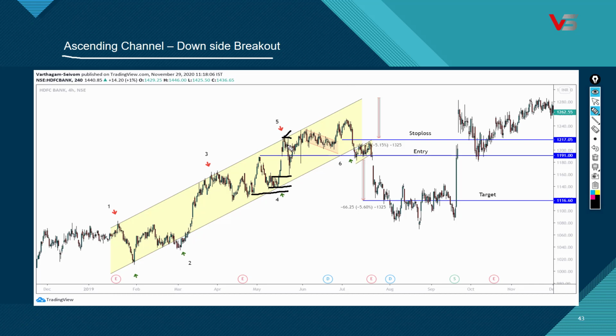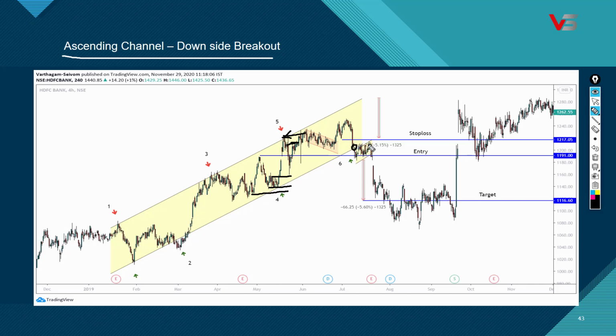After completion of the 5th wave, we can go short entry here with the stop loss here. But in this example your stop loss may hit, because the price went here, not completing the 6th wave, and then it rallied again and your stop loss may hit here. Then it tested the 6th level, and finally it gives the breakout. So if you take the trade, it will hit the stop loss, because it depends upon the chart pattern. Inside the channel pattern, the probability is very less to take the trade.